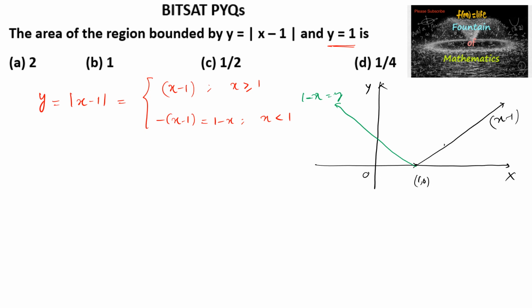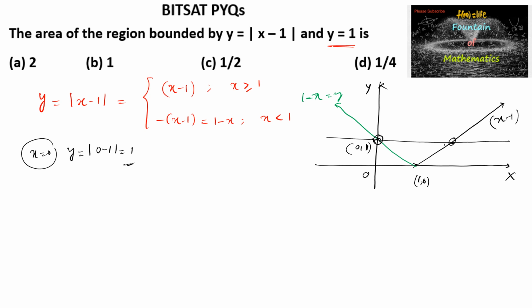By substituting x is equal to 0 here, y is equal to mod of 0 minus 1, which is equal to 1. So here we can see that the graph cuts at the point 0 comma 1, and also when y is equal to 1 here, x coordinate can be taken as